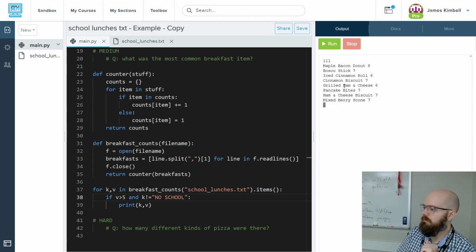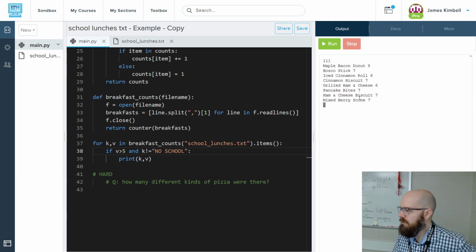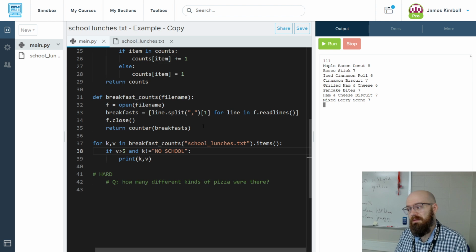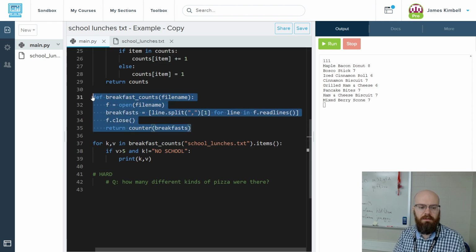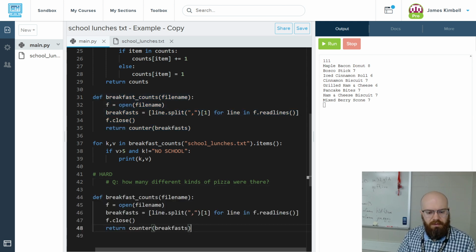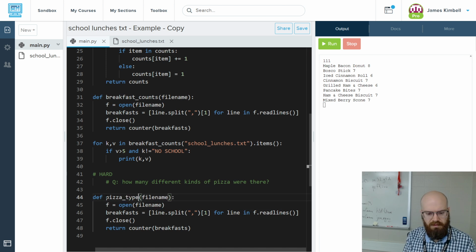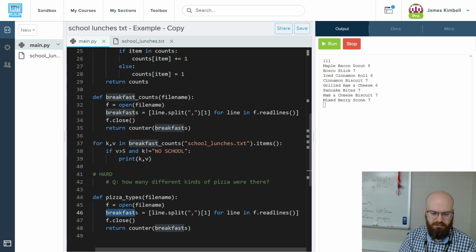Let's go to the final question, which is how many types of pizza? Well, guess what? That gets into the thing I just mentioned about combining categories, so we'll see how that comes up. In fact, this is actually pretty darn similar to the last one. Let's copy this, see what happens. I'm going to go pizza types. We open. We say pizzas